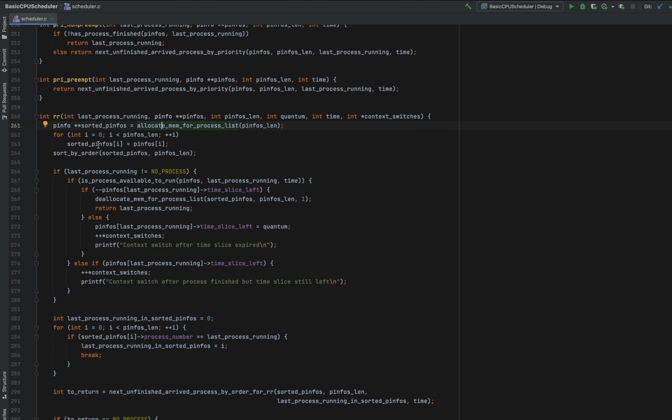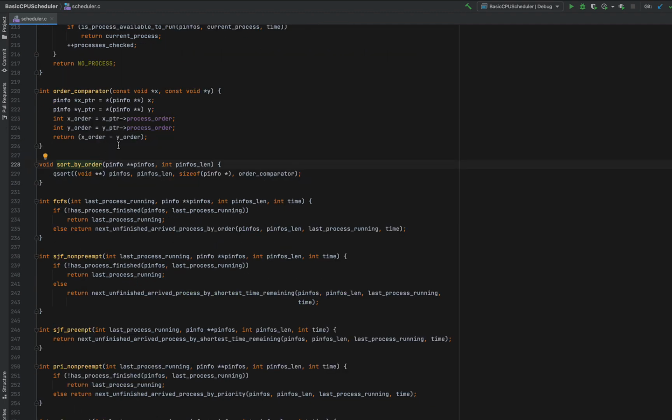Then we are going to copy all the pointers stored in the p-infos array into the sorted infos array. Keep in mind that at this point of time, both the arrays point to the same set of structures. We are going to run the sort by order function on the sorted p-infos array, and we are going to pass on the length of the array. Let's take a look at what the sort by order function does.